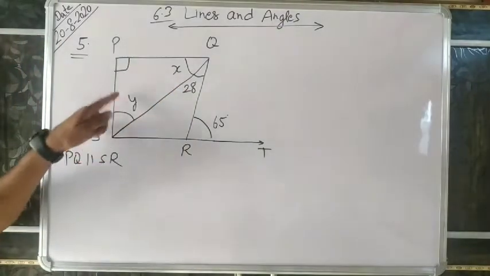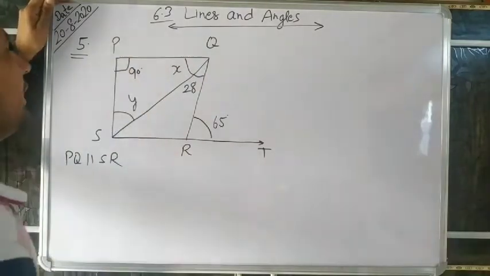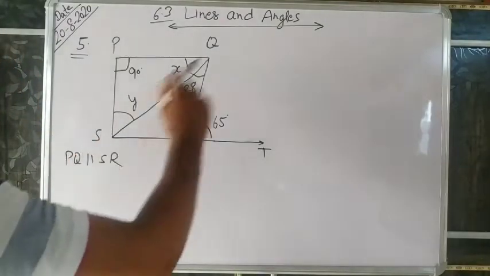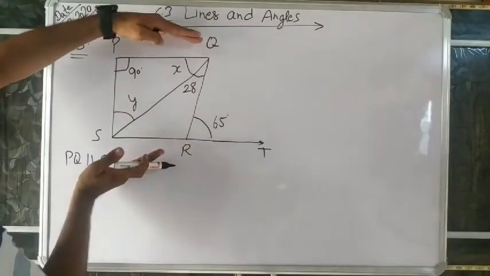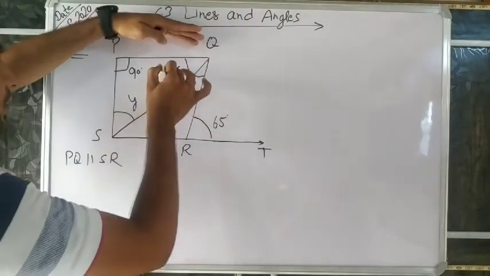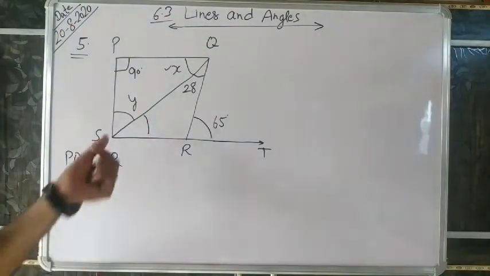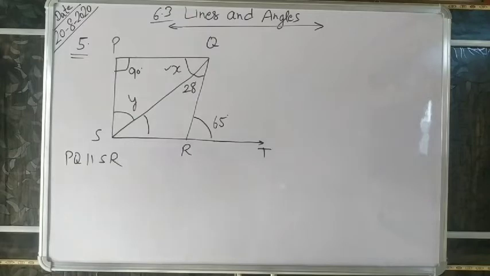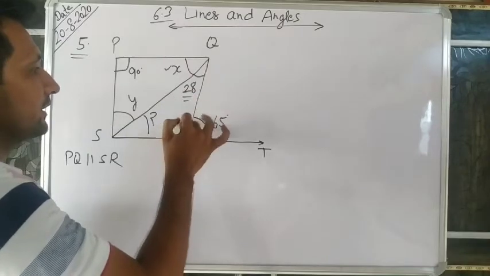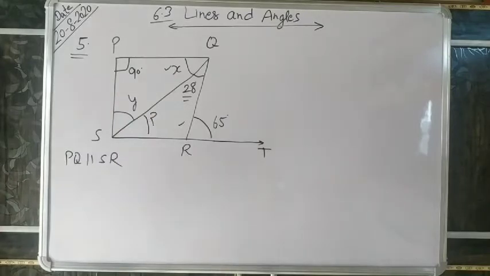It is very simple. If you want to find Y, in this triangle PSQ, if you know X and the other angle is already 90, you can find it easily. Otherwise, PQ and SR are parallel lines, and SQ is a transversal line. So X equals this angle, alternate interior angles. If you know this angle, you can find X easily. And this angle, how can you find it? If we know this angle and this angle in this triangle, we can find it easily, and this one equals this one, alternate interior angle.